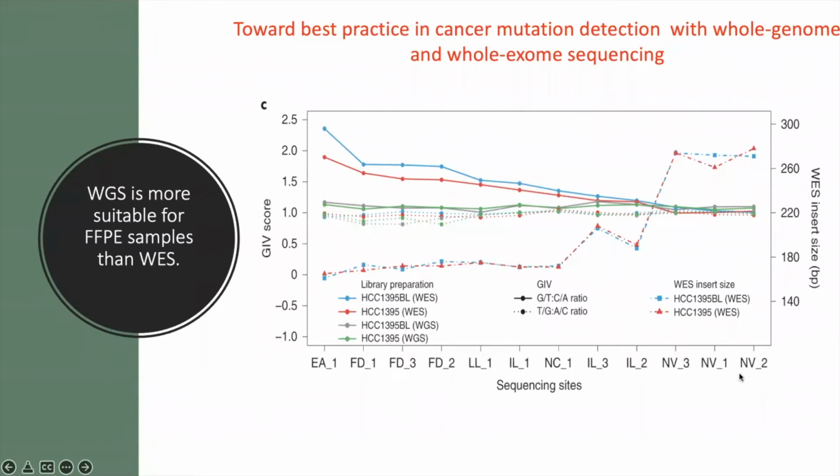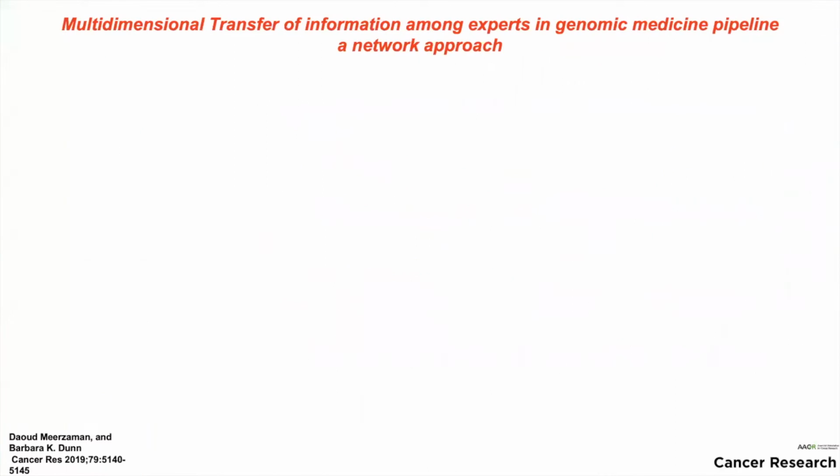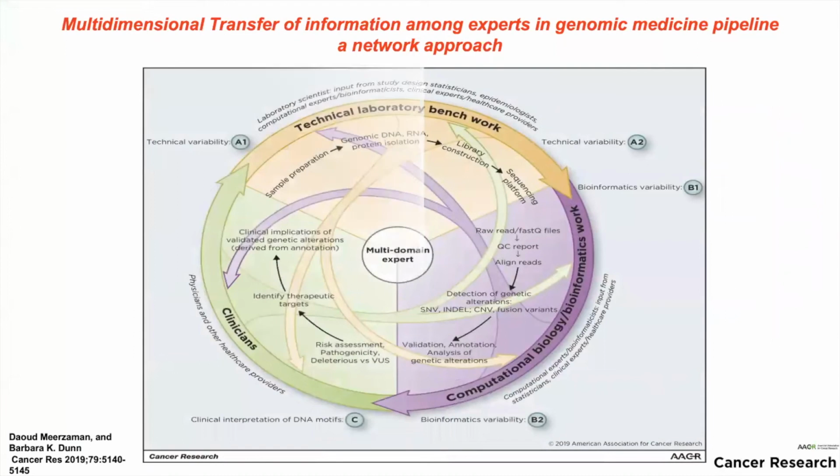These are different sites that were doing this study. The goal here is that there has to be some standardization, some degree of communication among different domains. And I think my next slide reiterates that: rather than having this linear approach where no one talks to each other, and the bioinformaticians and computational biologists work in silos, and the so-called bench scientists are working on their own, just producing the data and not worrying about what happens next, we are basically